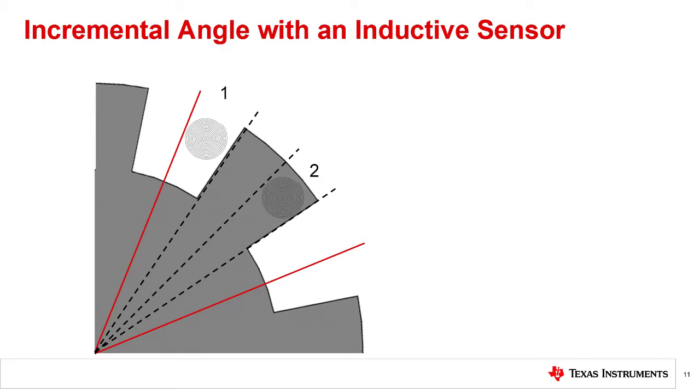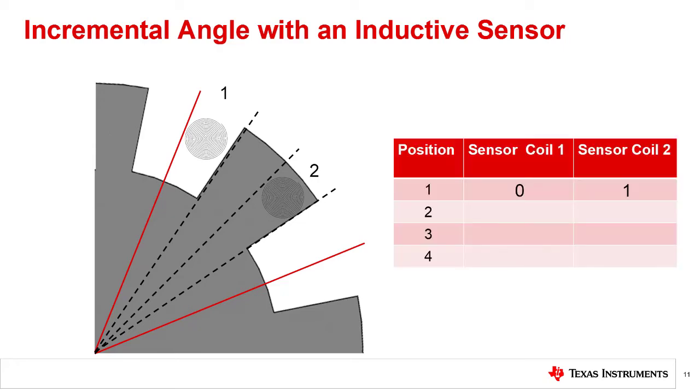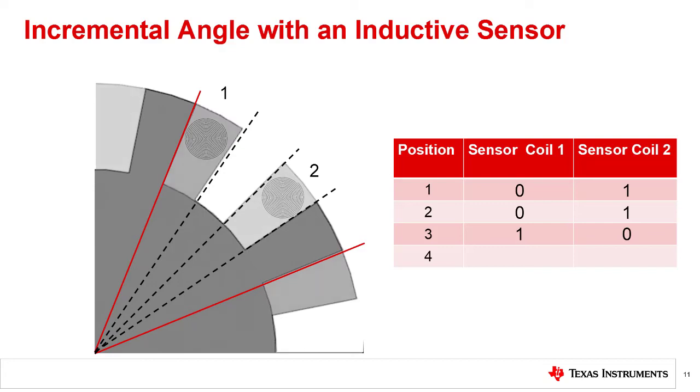When sensing absolute angle, we measure the difference in magnitude for each pair, but for this method, we need only to logically compare the output states. We observe these states as the object rotates.